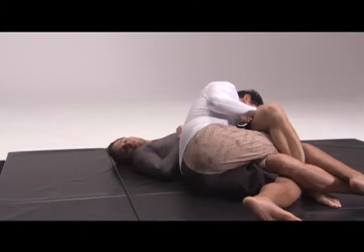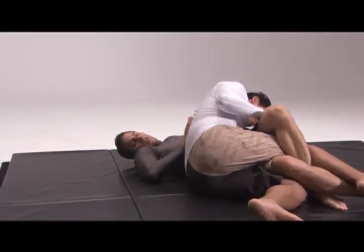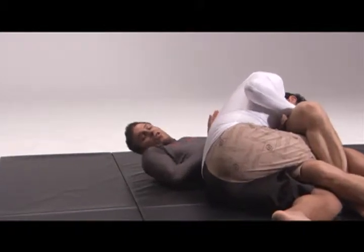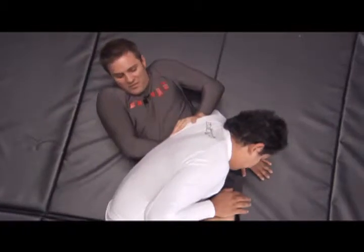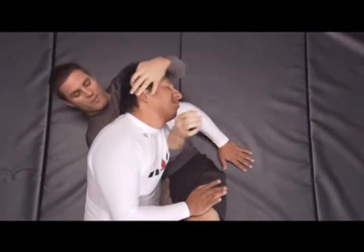Tony is going for the twister pass. I still have my lockdown. So now I'm gonna do the same thing. I'm gonna push him away and fire my right arm under his armpit, like so, and pull his head back with my left hand. Shooting my right arm across,